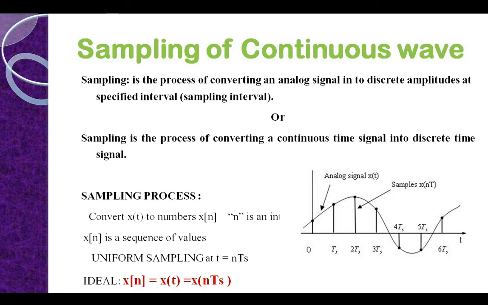So sampling is a process of converting your continuous time signal into your discrete time signal, where your continuous message signal is divided into a number of pulse trains, where Ts can also be written as 1 by fs, which gives you the sampling frequency. Yes or no? Where n is the number of samples of your continuous time and Ts is the sampling time period, and n is your number of pulses. Clear? We will go for the next slide.